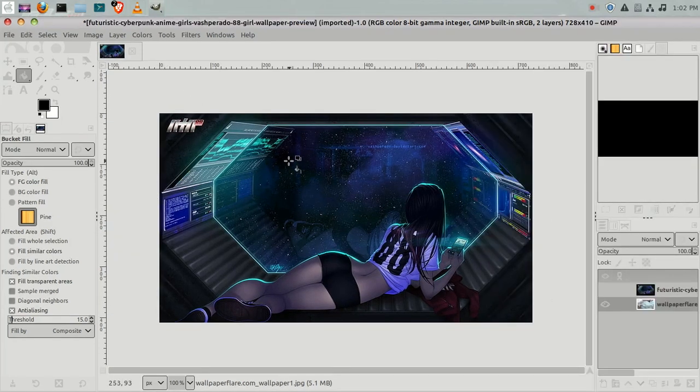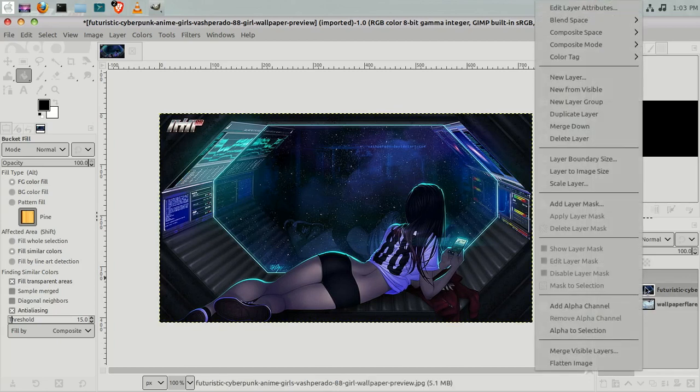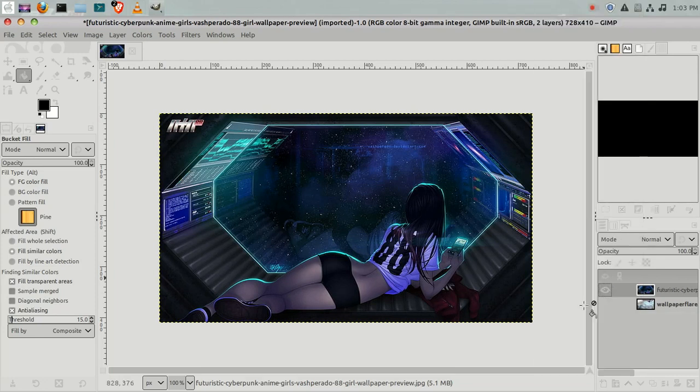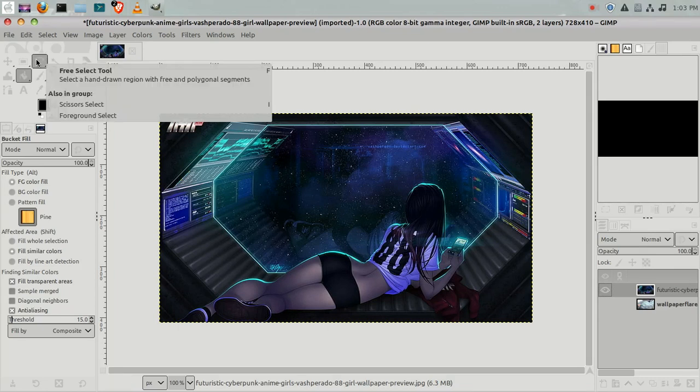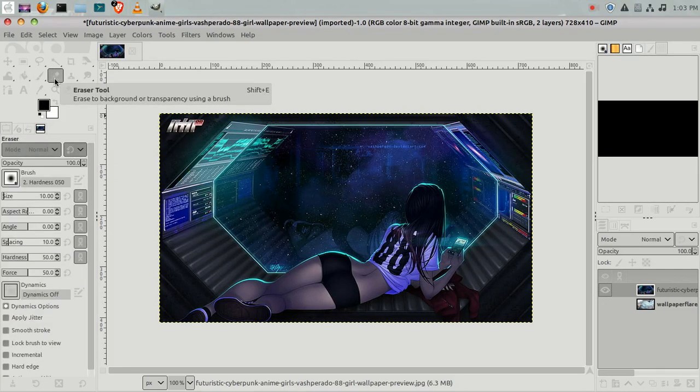making it transparent. And to make something transparent, you click on the layer over here on the right, which brings up a menu. We're going to look for add an alpha channel, and here it is. We're going to left click on add an alpha channel, and right now the bucket painting tool is what's chosen. Some people use this lasso to select an area and use the keyboard to do control X or something like that, but this is just as easy for me. Use an eraser tool, click,